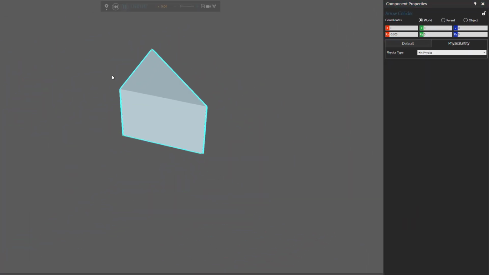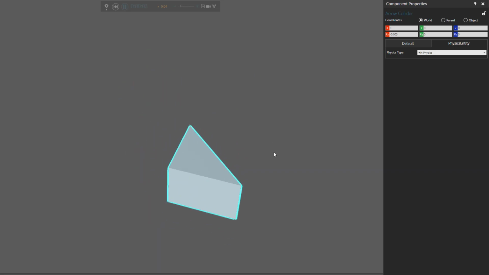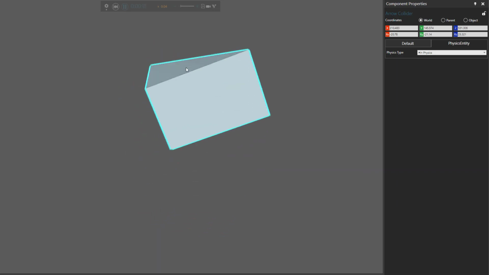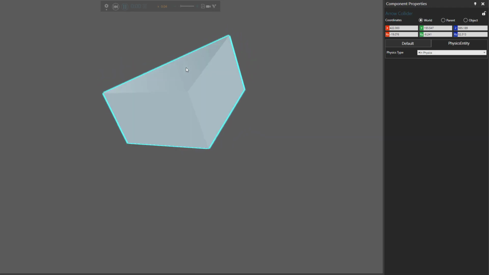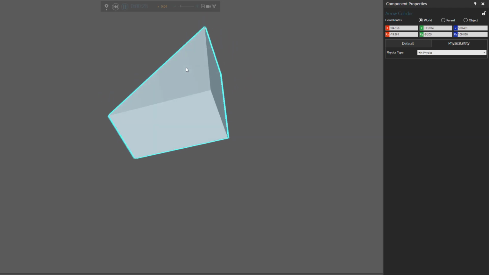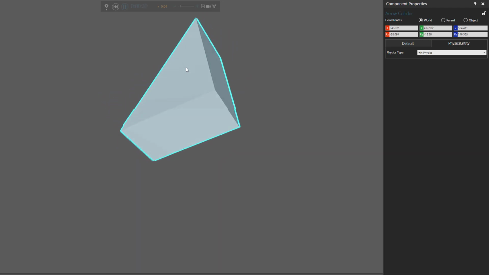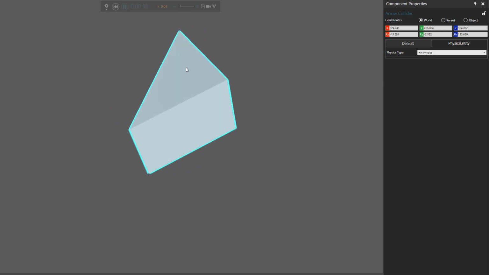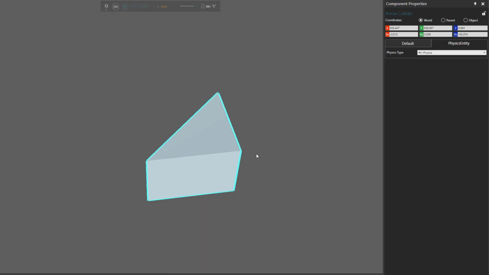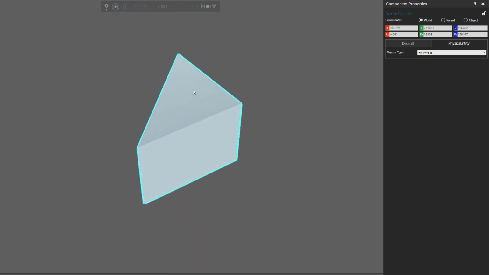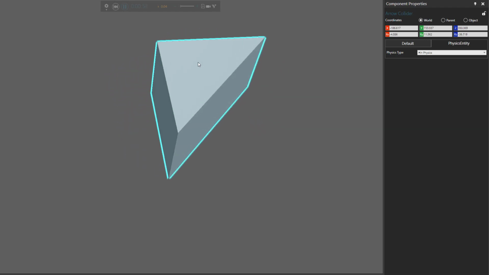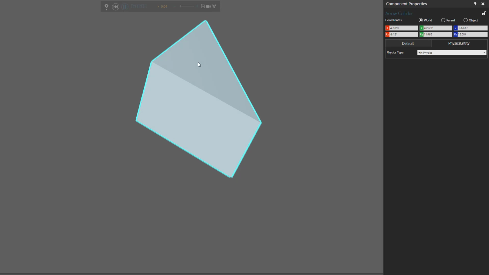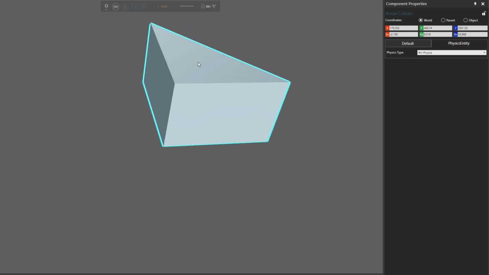Run the simulation, so physics is turned on, and now I can use the mouse to pick up the object. Based on how fast and how much force I use to pick up the object, you can see it starts swaying or oscillating around the pickup point. Depending on how much damping we have, the object may come to rest or it just may keep on rotating or spinning. Let's drop it back down to the floor, and this time pick it up ever so slightly. Might still be too fast, so let's see. It should, maybe actually, will eventually come to rest.